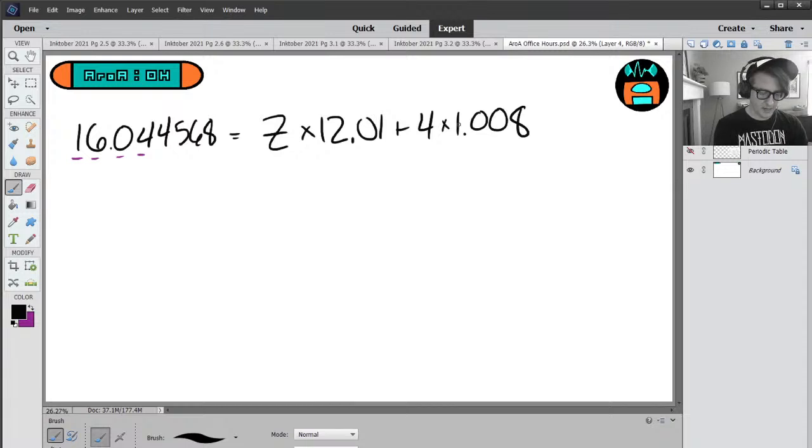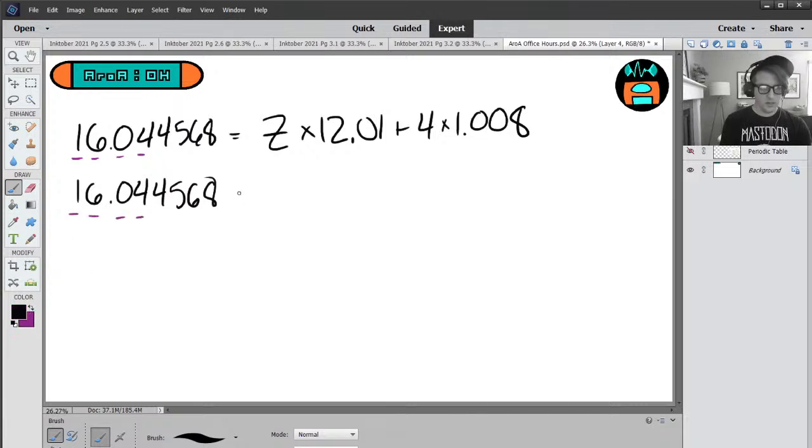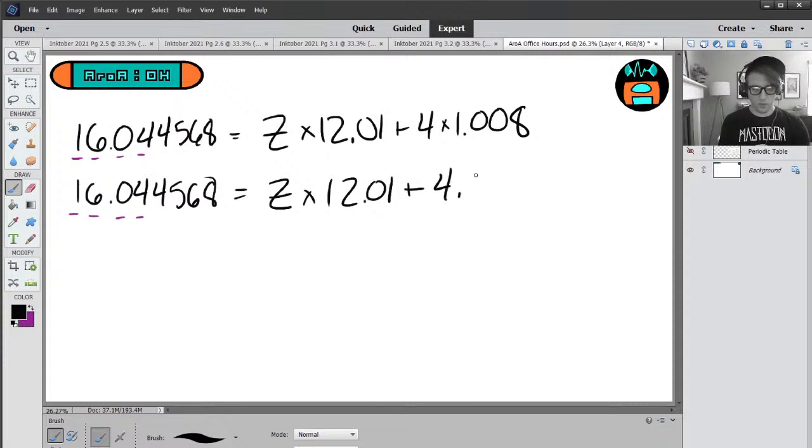Let's multiply 4 times 1.008. These multiplied together come out to be 4.032. We need to isolate z, so we're going to subtract